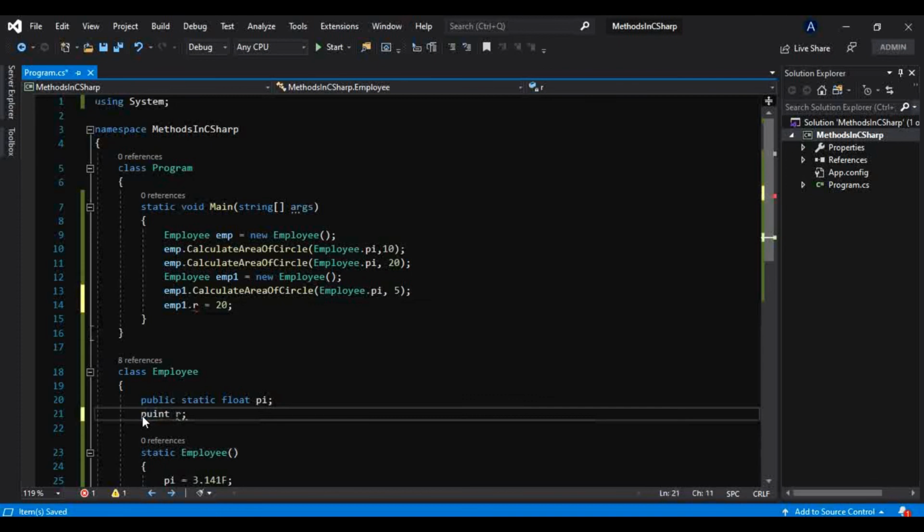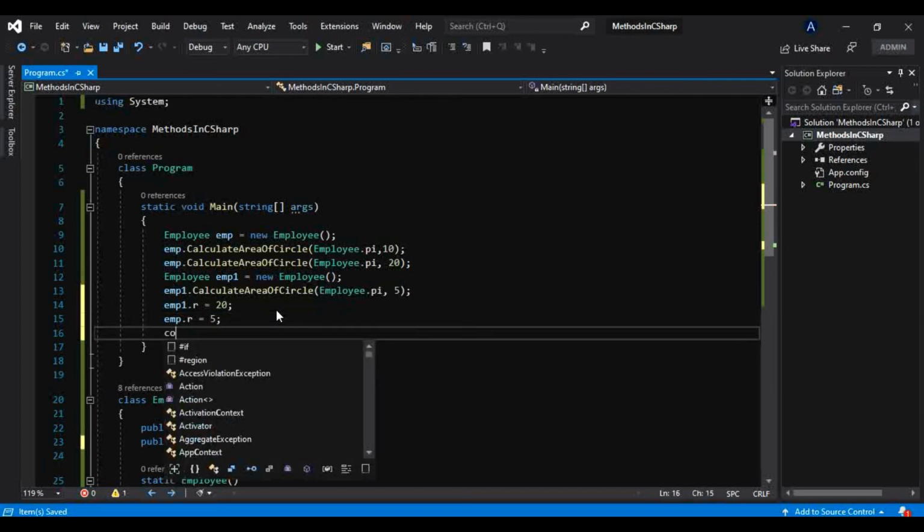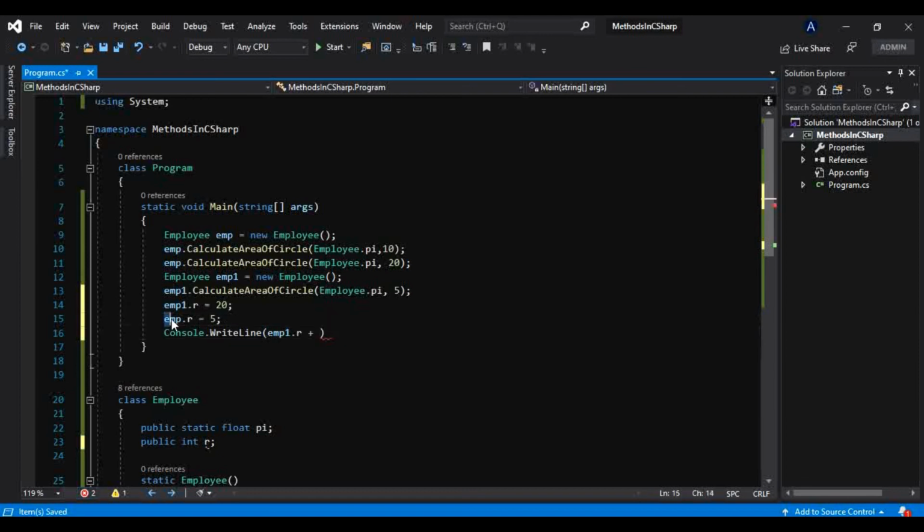I have to make that public, and then if I write emp.r = 5, that also works. And if I print both emp1.r plus emp.r onto the console,